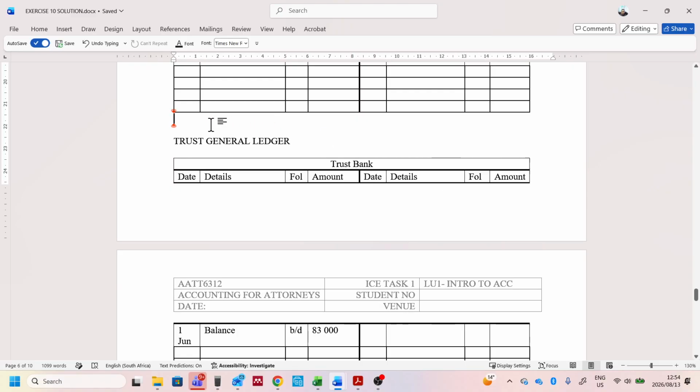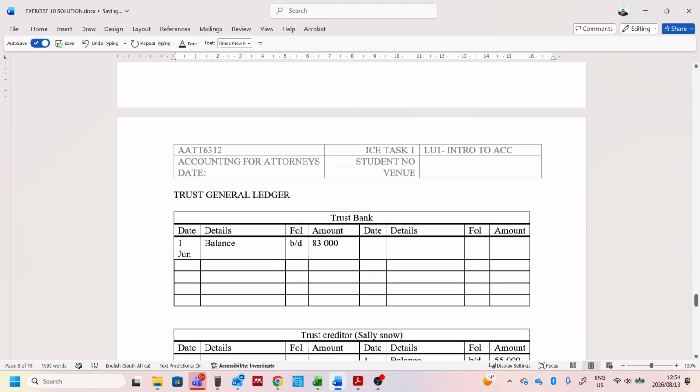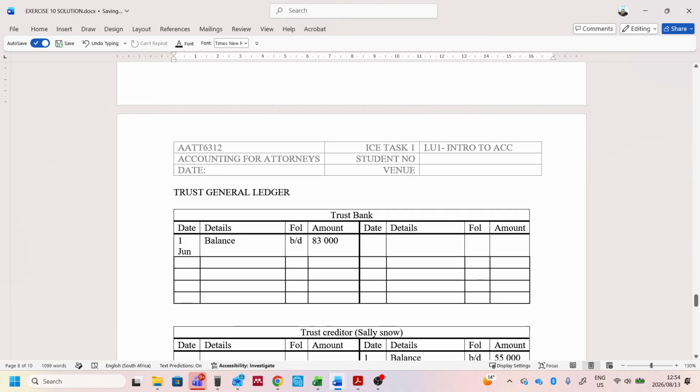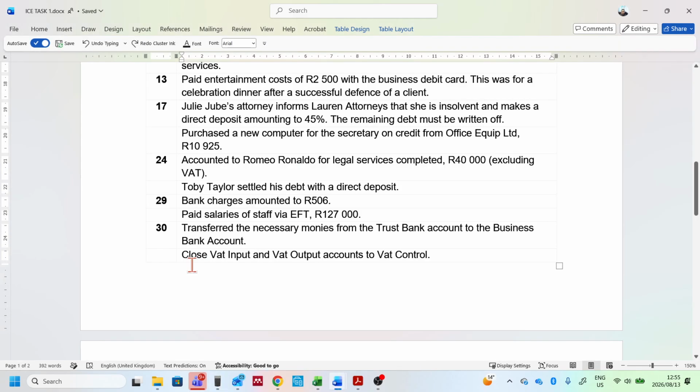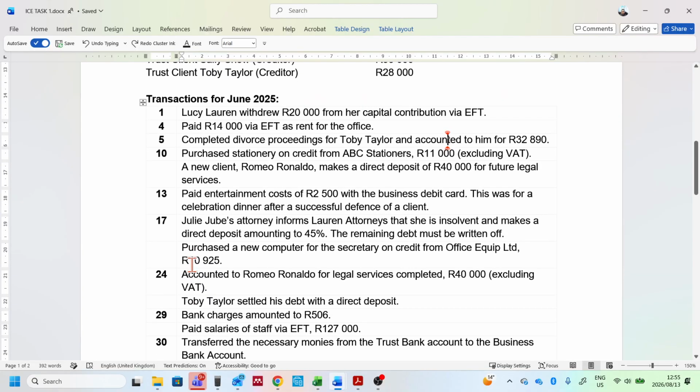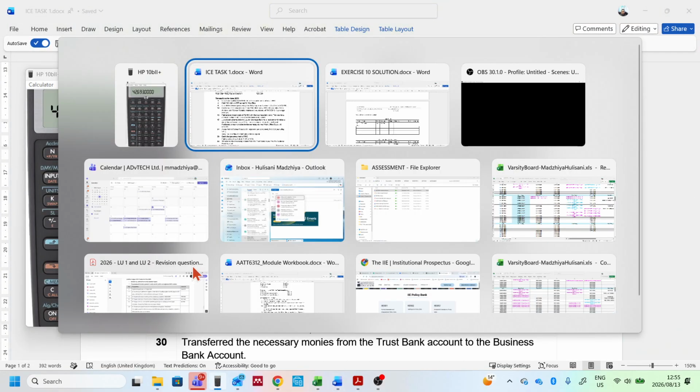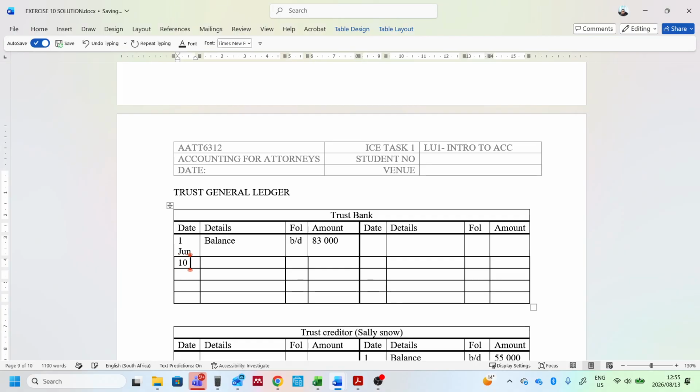Okay, I think this is where we are now. Trust ledger accounts. On the trust ledger account, we started with this opening balance. So you're going to go to your trust cash receipts to check if you ever received any future legal services money in this current month. We actually did, and that was on which date? Was it the 5th? Or it was on the 10th. So you're going to indicate on the 10th of June,